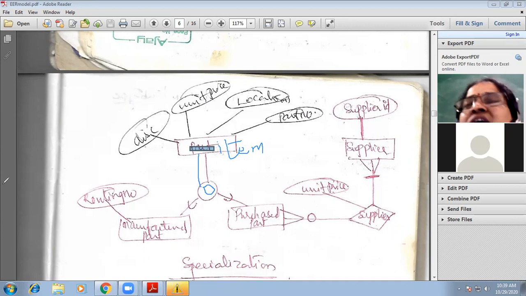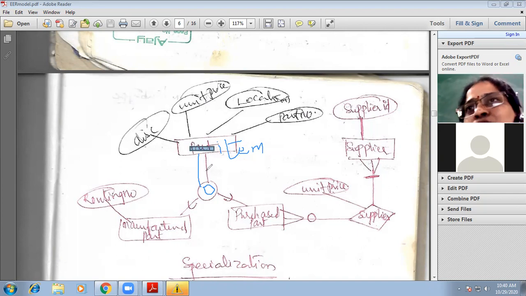Okay, so specifying constraints on the supertype subtype hierarchies are divided into two types: completeness constraints and disjointness constraints. The completeness constraints say whether an instance of a supertype is a member of a subtype or not. If the instance of a supertype is a member of at least one subtype in the hierarchy, then we call it a total specialization rule. We represent a total specialization rule with a double line.